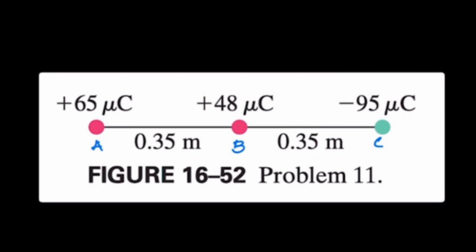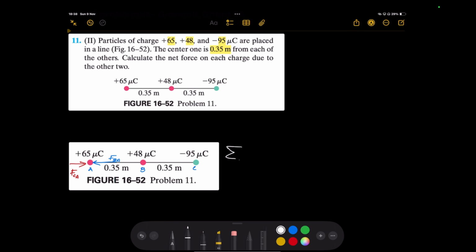So here we go. We have particles A, B, and C. We're going to start at particle A, and the force due to particle B is going to be pushing it away. So particle B doesn't like it: get off. Instead, particle C loves it because they're opposite signs. Particle C is going to say, come here, come to me. So we're going to call this force FCA, or FAC, which is the same, and this is going to be FBA. So the net force on particle A is going to be equal to